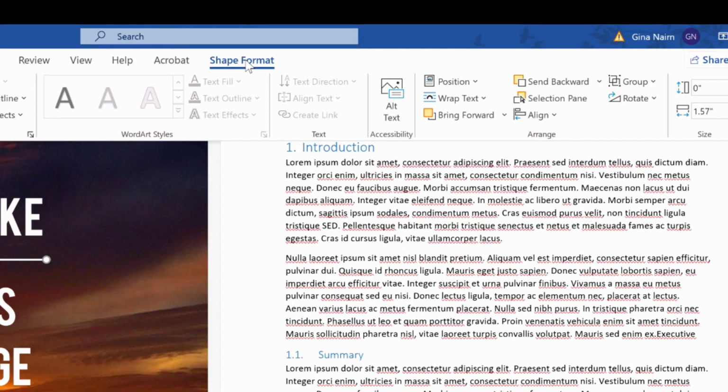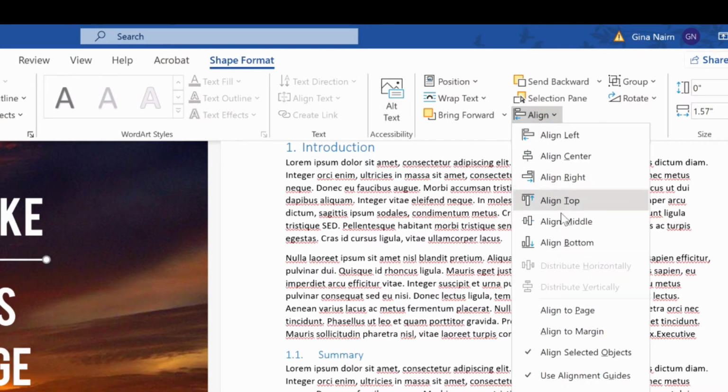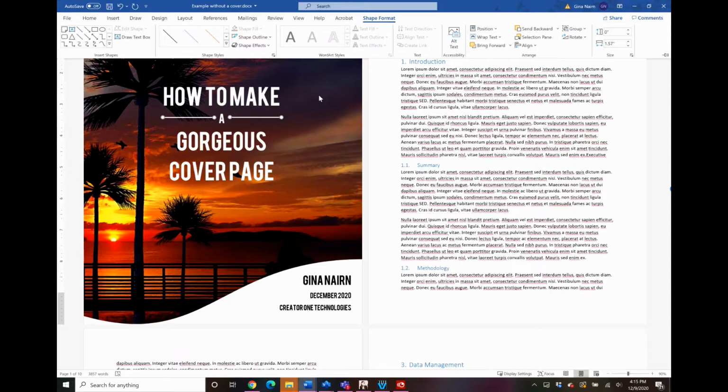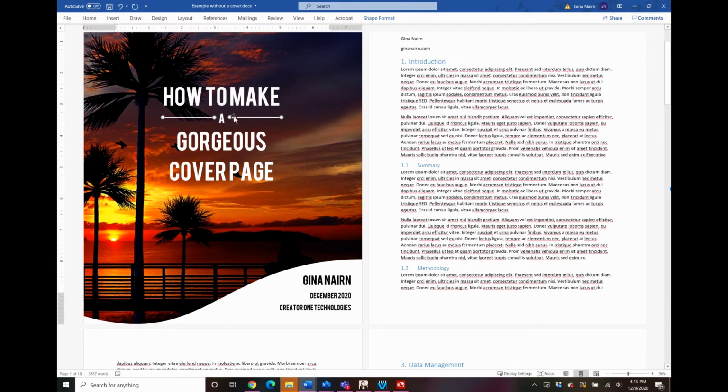So under Shape Format, I will go to Align, and then we're going to align the middles and see how they were just slightly off from each other. And then I'm going to pull these down just a bit. Just a teensy bit. To maybe be lined up with the cross and the A.